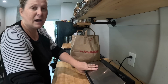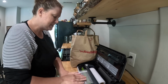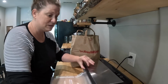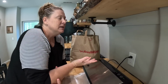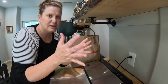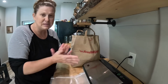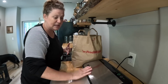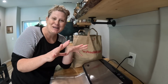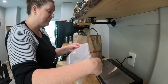So I got asked why I use this. This one's just easier as far as sealers go upstairs. And then I have my big sealer in the basement that I use all the time for Mylar. It does excellent on Mylar. It doesn't suck the air out quite the same on certain things, like on the chamber vac. So anyway, long story short, it is just simple to use this food saver when it's upstairs, but when it's a giant project, which this probably crosses that line and probably should be using the chamber vac, but the sun is shining and I need to go outside. So I just need to get this over and finished so that I can head outside. So I just seal the bag,